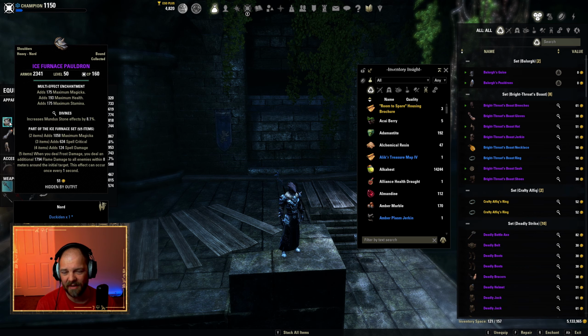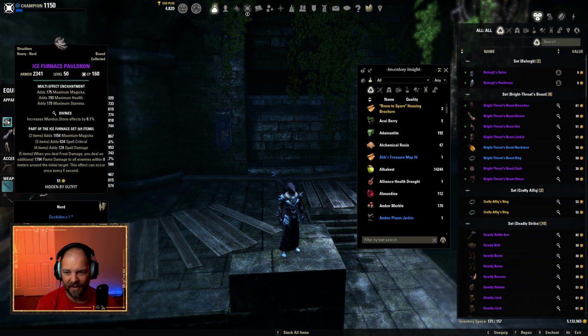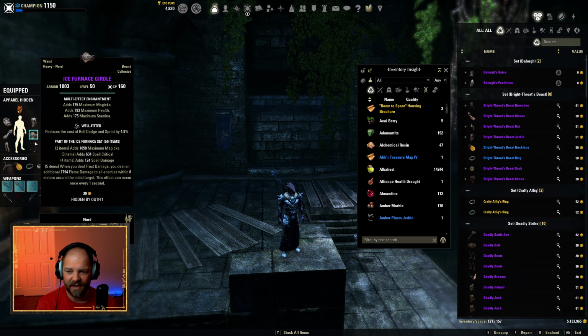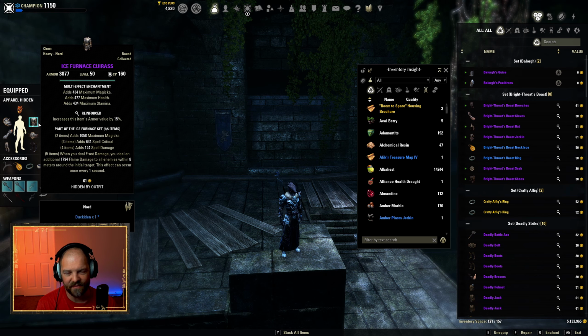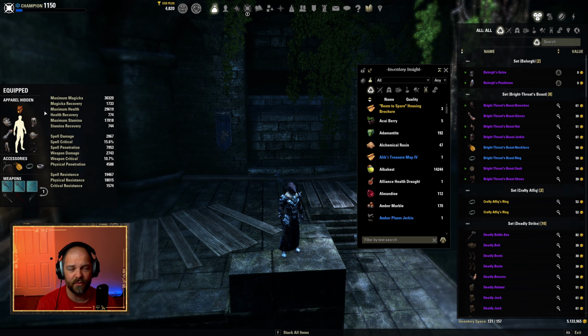This patch, maybe going with Impen would actually be a good thing. So go with Reinforced, maybe even Reinforced on the shoulder, and then go with Impen on the other 4 pieces. Our second 5 piece is Torig's Pact. So you can see we are wearing 5 heavy, 2 light. You can mix and match that however you want, but Ice Furnace is a heavy set, so I do have that on here. And then I have got Torig's Pact here, light shoes, and then I've got the jewelry and weapons. So I'll scroll through the...